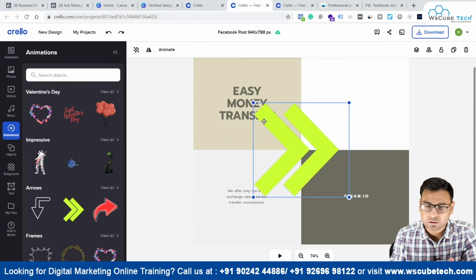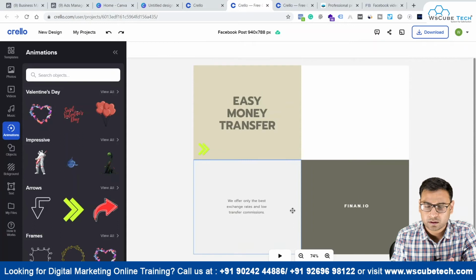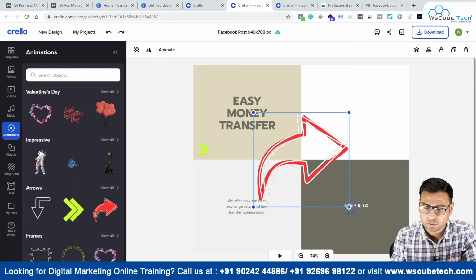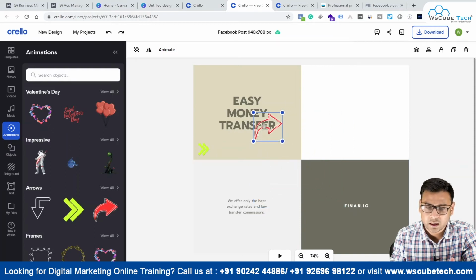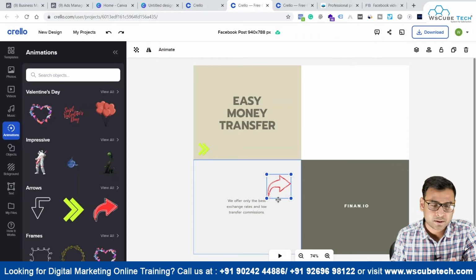So if you want to use this arrow, as I just told you, somewhere in your creative, you can go ahead and use this arrow, right? Or you can simply click on this play button over here and you will see how this animation actually works. Then you have this particular arrow over here, right? So what you have to do is basically you have to see where this arrow is going to look better, or where you can actually implement this arrow, and then you can click on this play button, and now you will see some animations in this arrow.